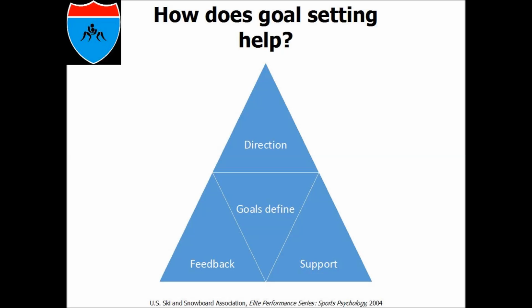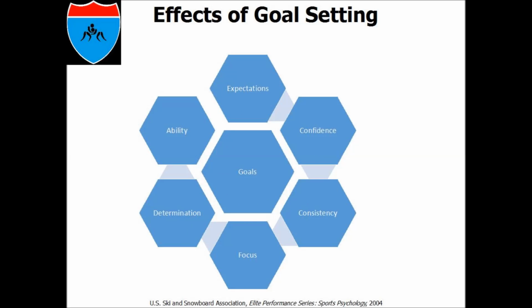And support. I think it's important to be motivated, and a lot of times if you fall short of your goal and you've got that thing written down, man, that can become extremely motivating. On the other hand, if you achieved your goal, that sometimes is motivating too, because now you want to set another goal. So goals help by giving you some direction, giving you some feedback, and supporting you when you achieve your goal and when you do not achieve your goal. Both, I think, are motivating, and if we understand it that way and we process it in our brain that way, the goals can become real helpful.